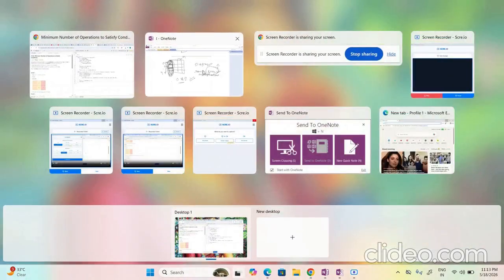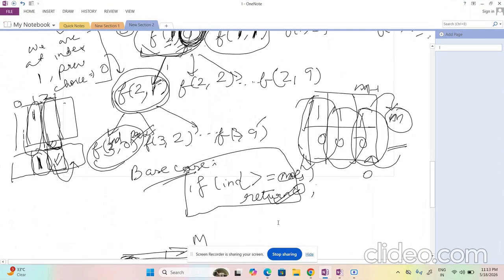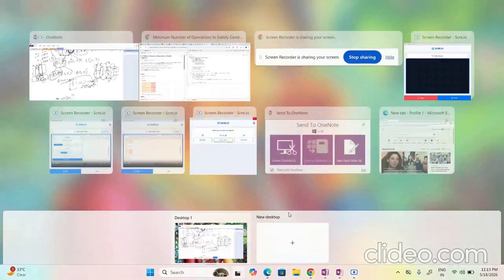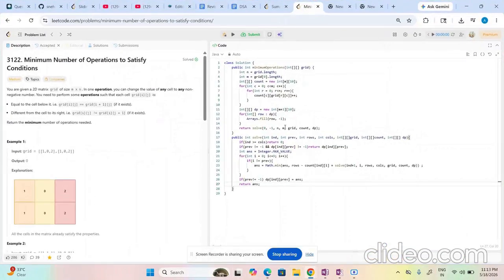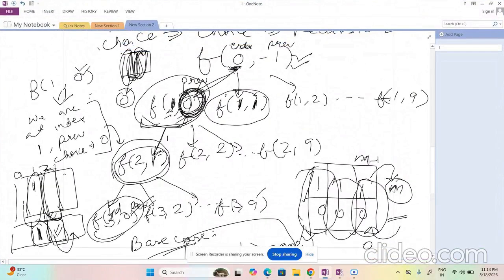If you see, this was the index, and the previous. So we were seeing that, from 0 to 9 we were making the call, and we were checking the previous, which we have taken already.